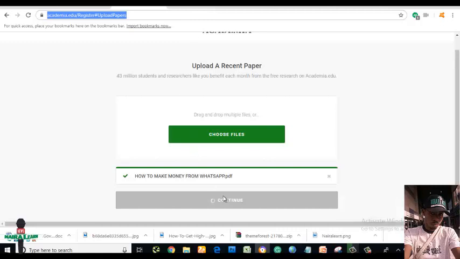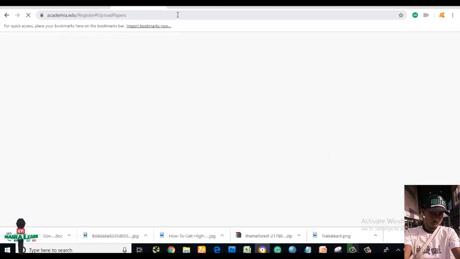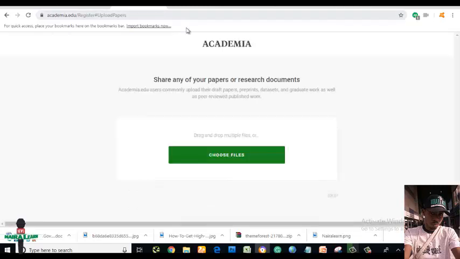So as you can see, it's still loading. So all you need to do is just to refresh it. Sometimes I don't know why this site is behaving this way, but it's okay. It has uploaded your file, believe me. So just refresh it. So when you refresh it, if you're still on the page, all you need to do is to